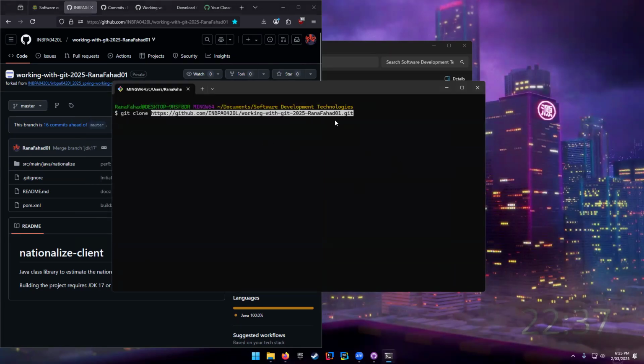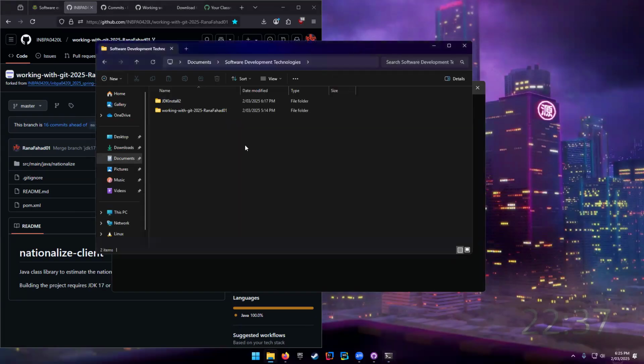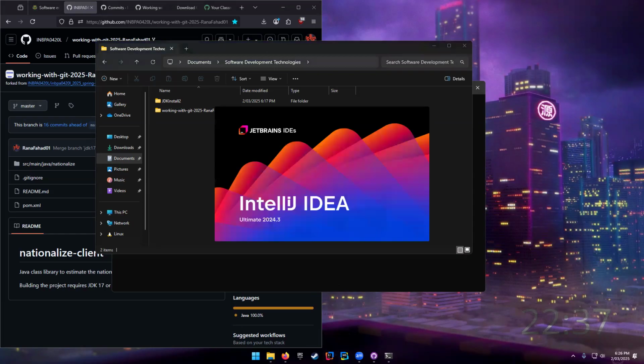So when you press enter, it will say success. If it doesn't output anything, you can confirm it worked. It doesn't output anything after you put the name and email. So you will see a new folder will be created. And I guess here working with Git 2025, instead of my GitHub account name, your GitHub account name will be there. So after that, the next step you have to do is go to IntelliJ IDEA